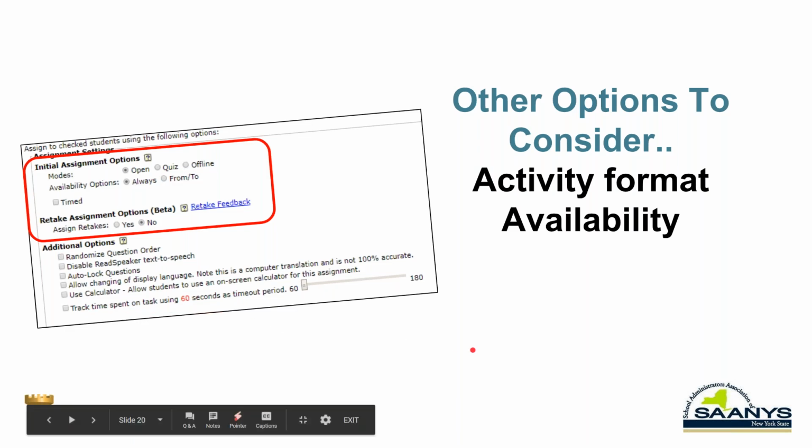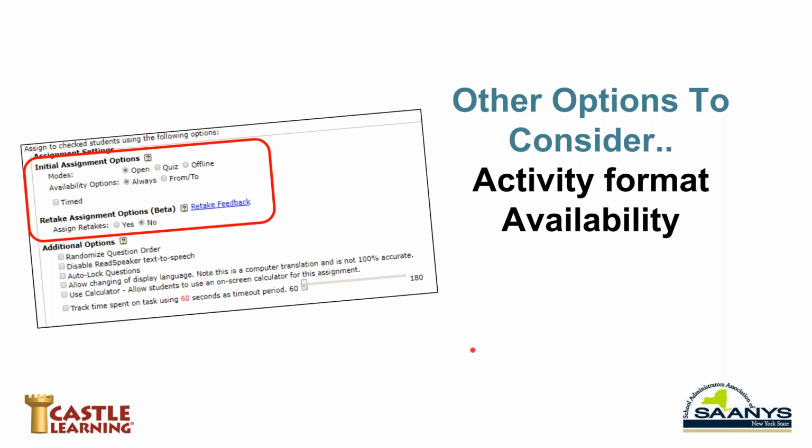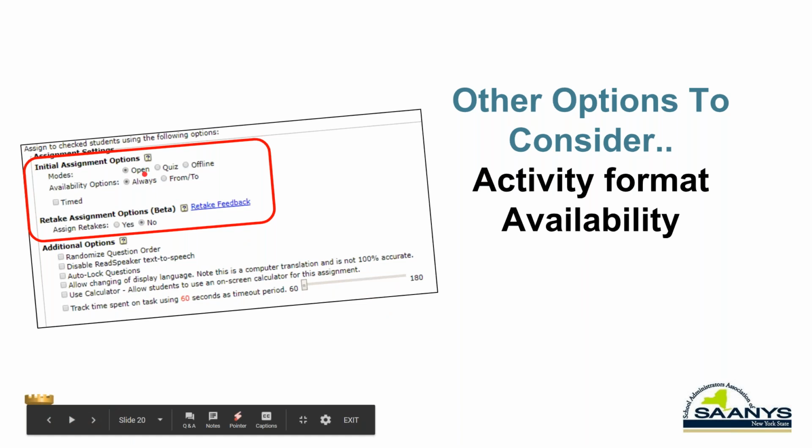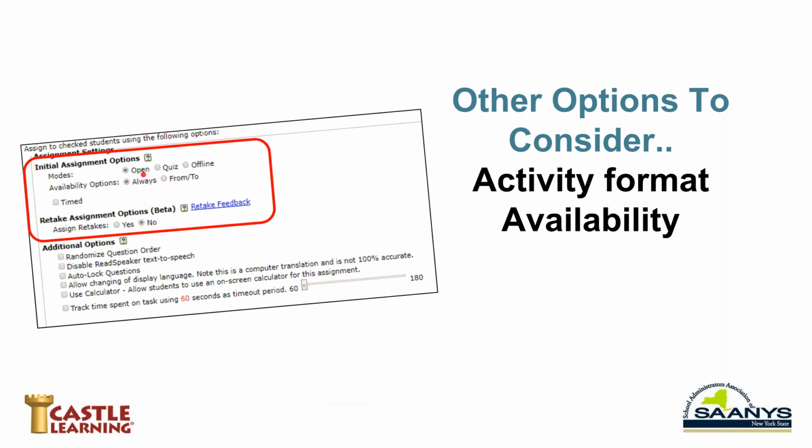Just as a couple of side notes, as you're talking about the resources out there, a couple things you may want to think about when you look at the tool that you might use for that home instruction. It might be the activity format that might be available and the way it's delivered and the availability. And one of the things that we've tried to build in as we get these requests from teachers was the option for an open or a test mode. The open was the option to get not only the first attempt, but the retry and the instructional help. But there is always an option if we want to truly make it a test with 1 try only, with no feedback and no retry. And that might be something you want to consider.